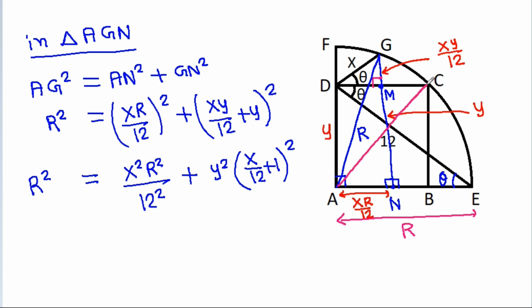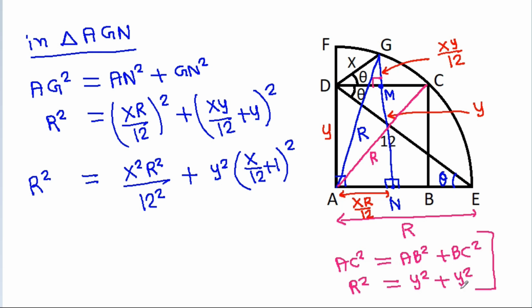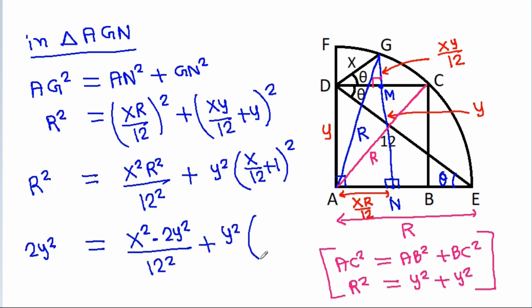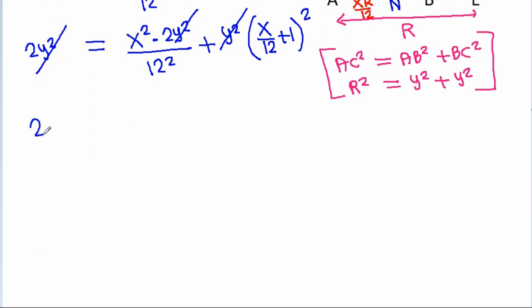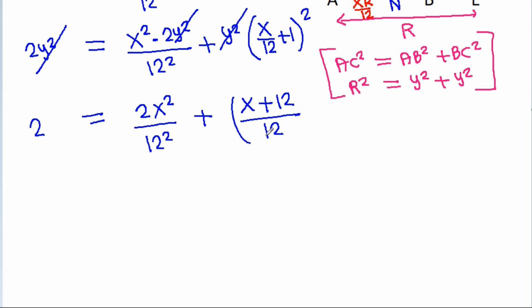and AC is radius, and AC square is equal to AB square plus BC square, so R square will be equal to Y square plus Y square, so R square is 2Y square, it is equal to X square times 2Y square by 12 square plus Y square times X by 12 plus 1 square, and Y square will get cancelled, so 2 is equal to 2x square by 12 square plus, and it is x plus 12 by 12 square,